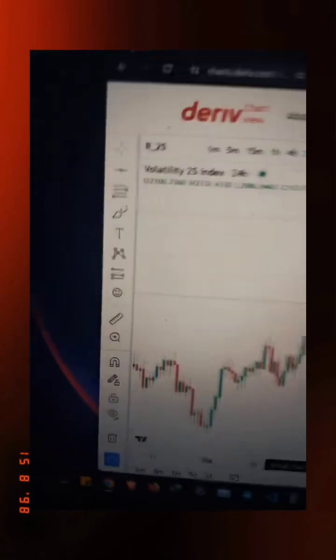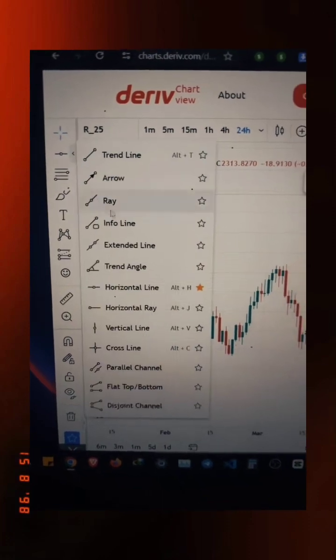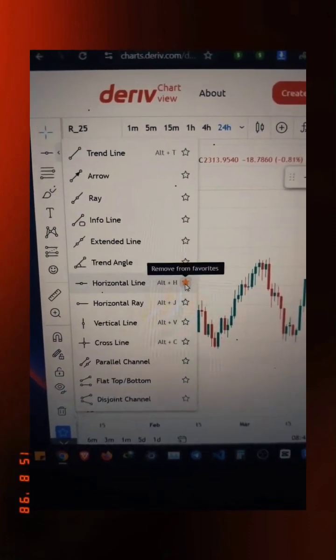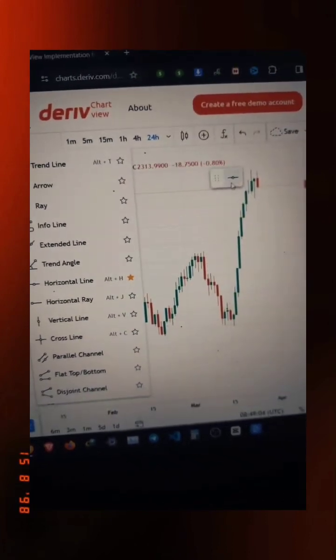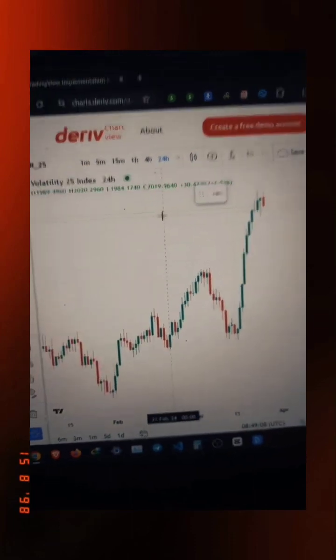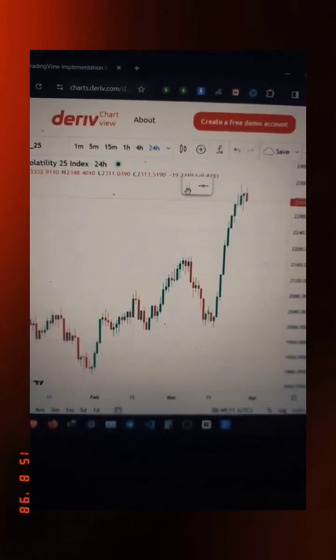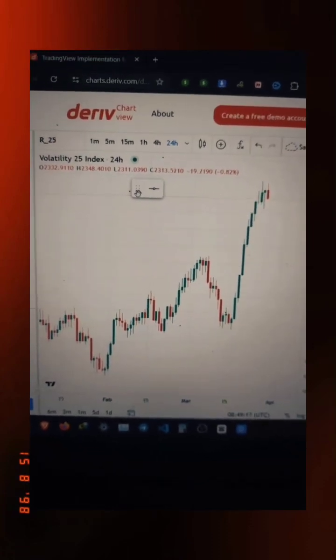So for this one, what you need to do is go to this place and select the second item, click this arrow and star this one, the horizontal line, because when you star it, it will appear like this, but also you can use it from there. I like to favorite it like this so that I can just use it again and again without going to that menu. So the second thing is, in order to draw support and resistance lines, you have to be on